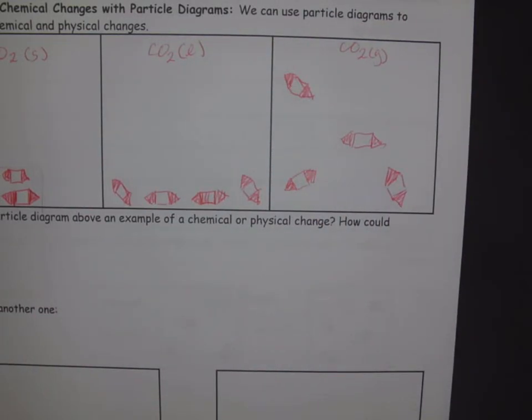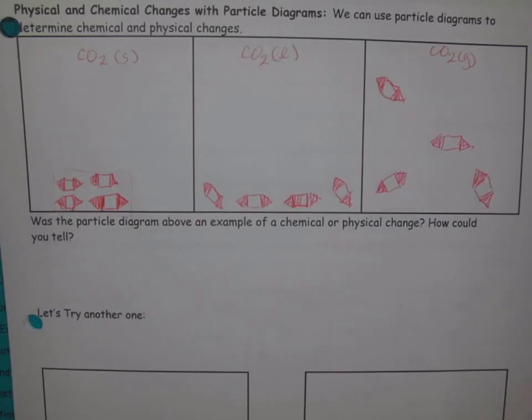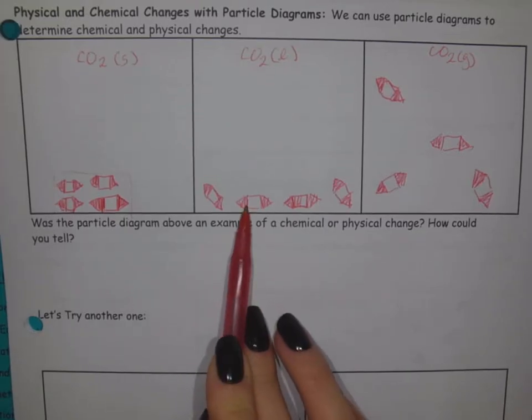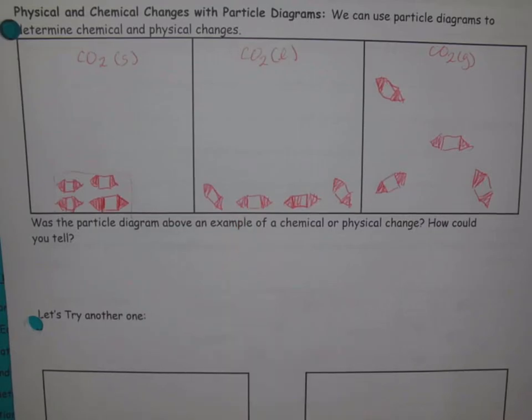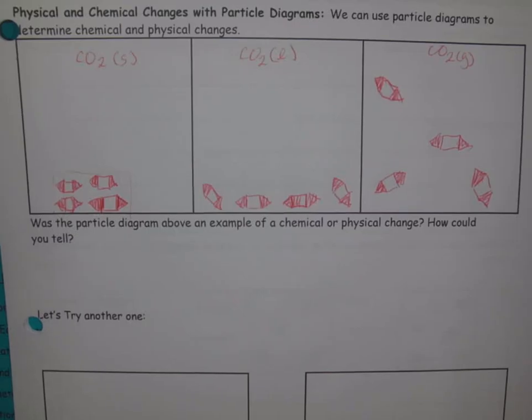So what do you think? Was the particle diagram above an example of a chemical or a physical change? And this one is a physical change. And the reason why I know this is a physical change, not a chemical change, is because the chemical bonds, these covalent bonds that are holding the atoms together in the molecule, those didn't break or form. The only thing that we really overcame or reduced